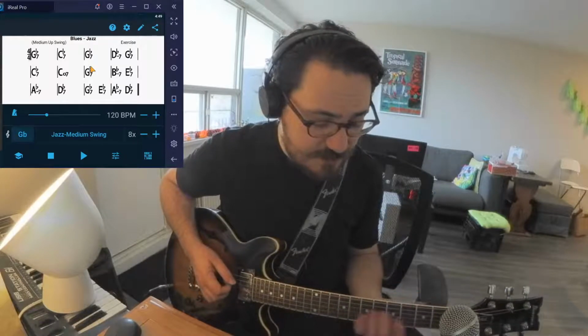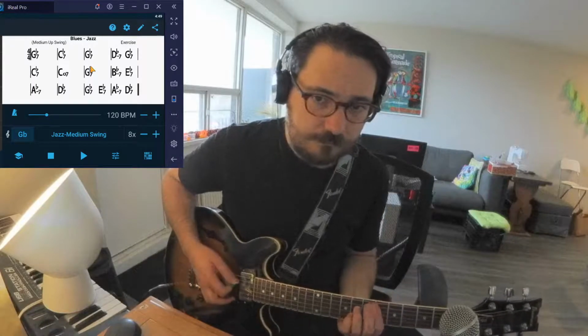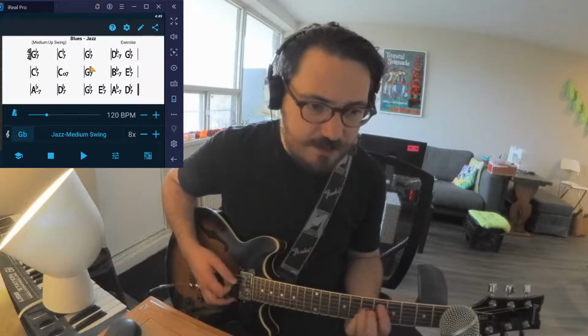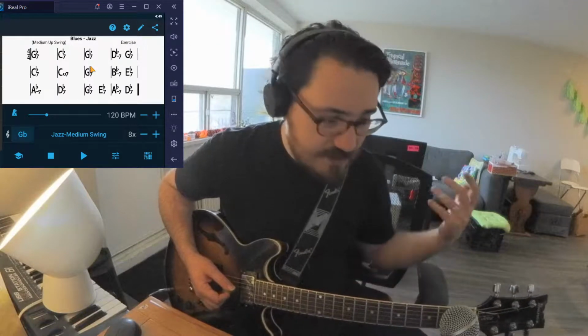So if you wanted to, let's do it in E flat. Of course, that's just the simplest drop 2 that I can come up with, a root position there. And then you could do it in every other inversion of a drop 2. So there's a lot of